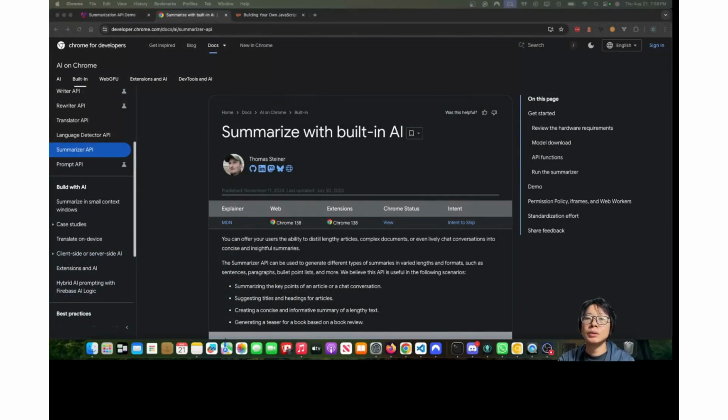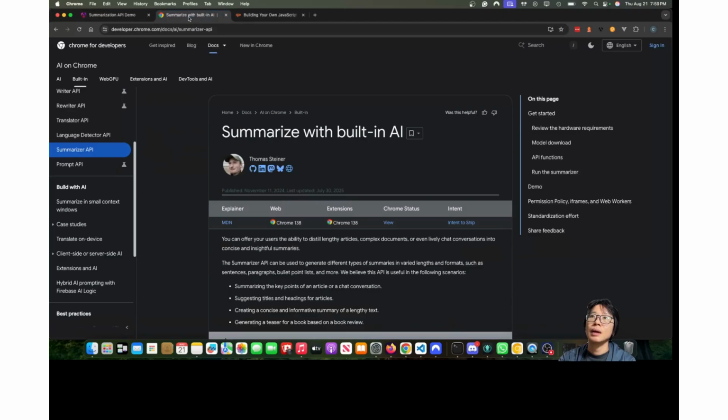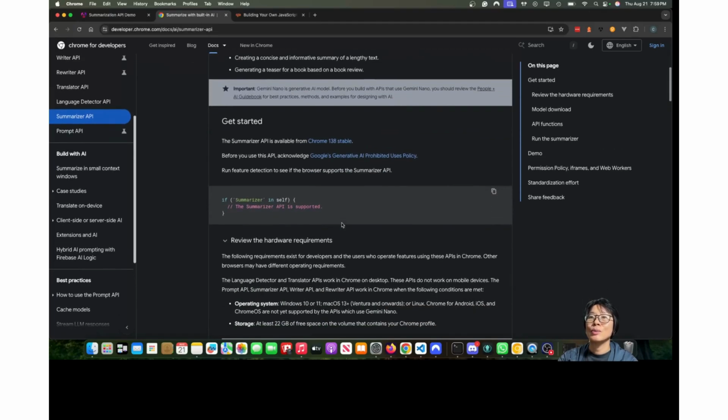Hi, today I want to show how to use the summarization API of Chrome's AI by summarizing a book description on a pet website. I want to demonstrate this API because the status of the summarization API is stable, which means I can use a stable Chrome to test it out instead of using the Chrome Canary browser that is constantly updating. Moreover, this API supports streaming, which means I can